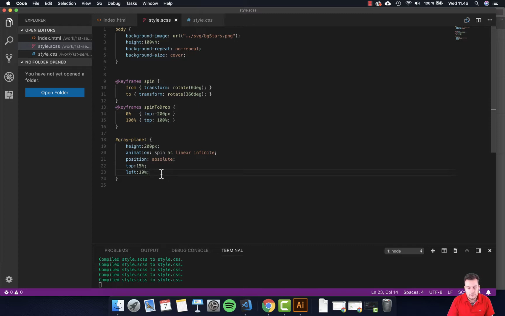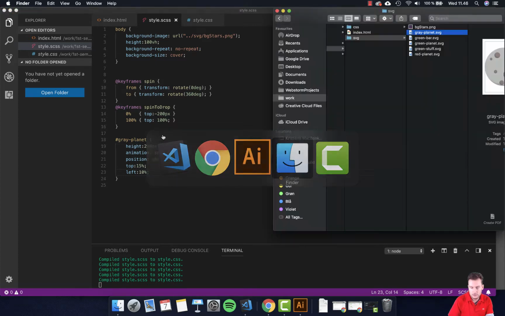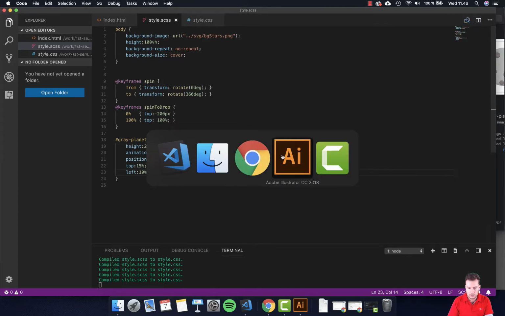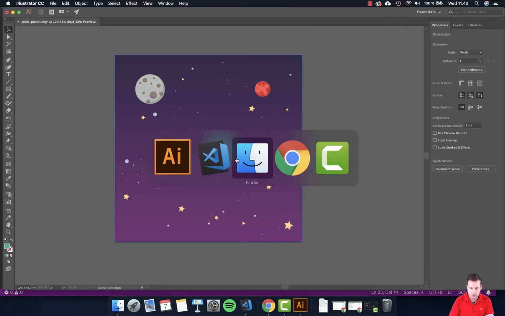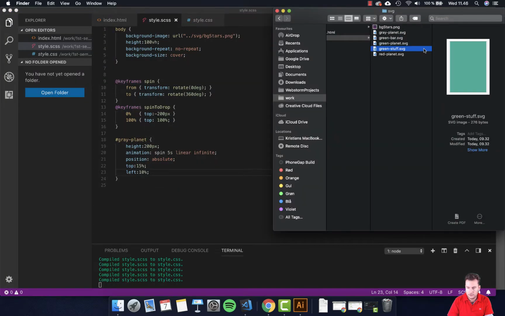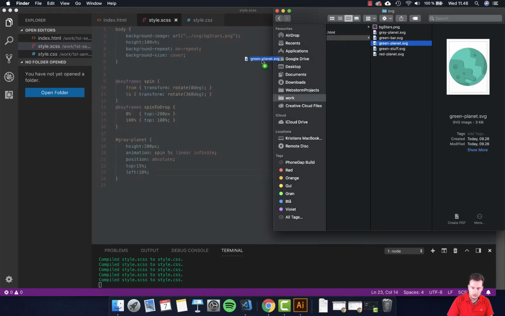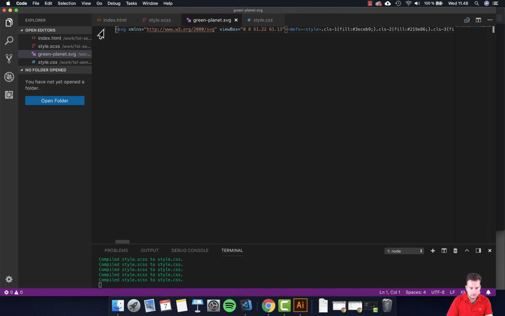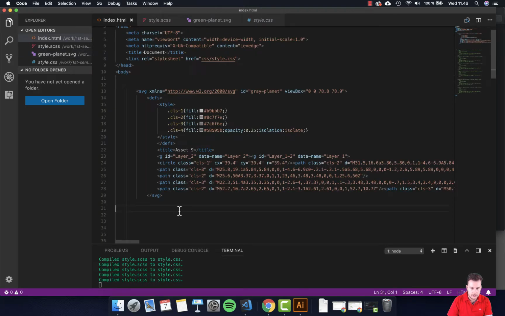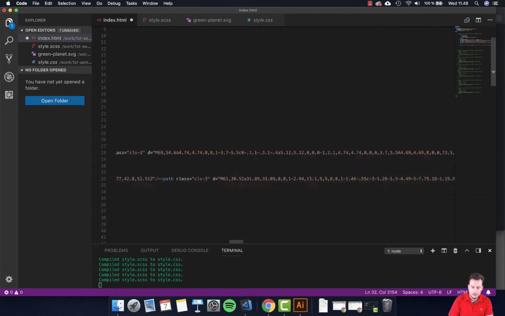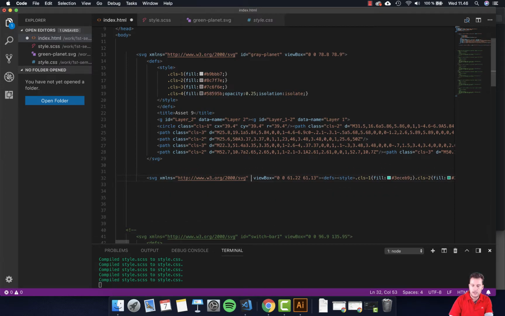First part. Next part is, of course, we can just grab the other planets real quick. So we maybe just want to do one of those because of time. Whoops, sorry. And I want that one, and which one do I want? I want the green one. So green planet, here we go. There we go. Snag all that code, back to index, and I just want to add it after the other one. I'm not going to sort this like I did the other one. I'm just going to add the ID here. So ID green planet,